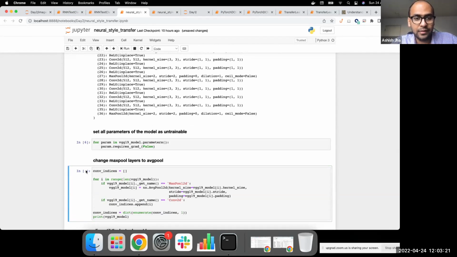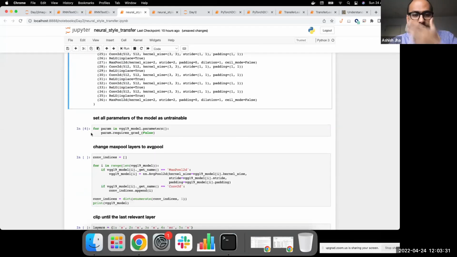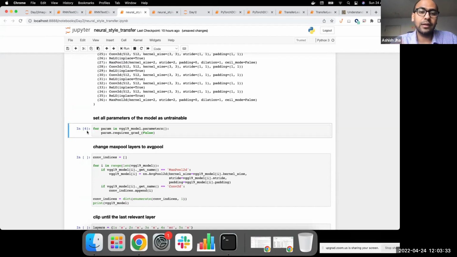Next up, this is the technicality related to the style transfer. This current model has max pooling layers in between. I suppose you know how max pooling works. Backpropagation with max pooling is an impulse-based function, because it is either a 0 or a 1 straight away.